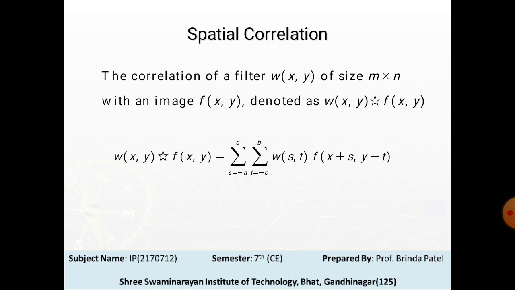This equation is evaluated for all values of the displacement variables x and y, so that all elements of w visit every pixel in f, where we assume that f has been padded appropriately. As explained, a equals (m minus 1) by 2 and b equals (n minus 1) by 2. We assume for notational convenience that m and n are odd integers.